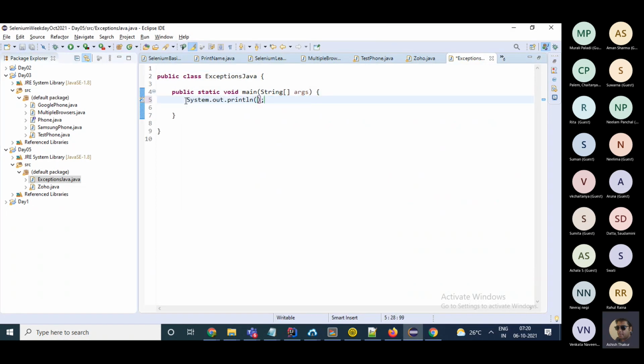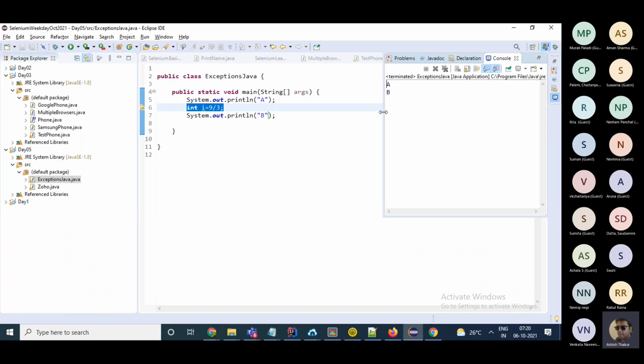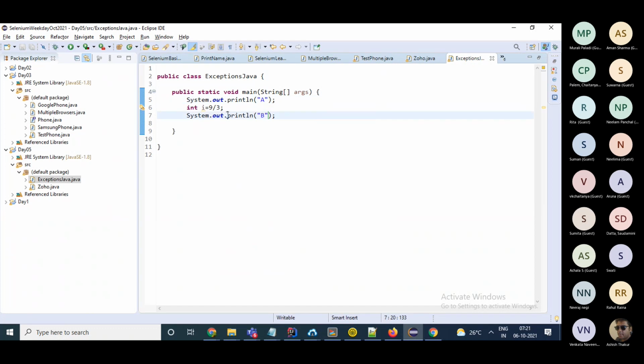Suppose you write a program System.out.println a. I have written a and b, and in between I have written 9 divided by 3. So if you run this, this will print a and b. This is good. However, instead of 3, if I put 0, then when you run this,